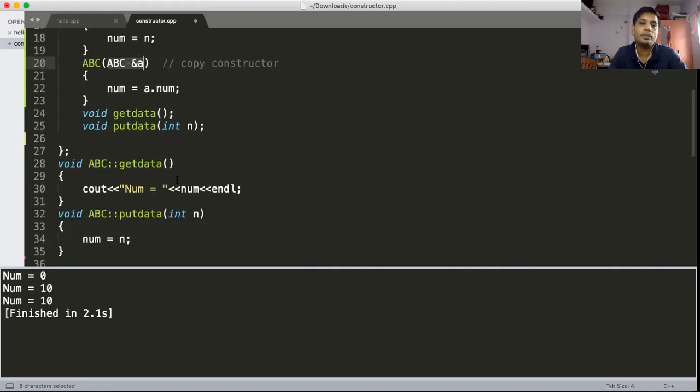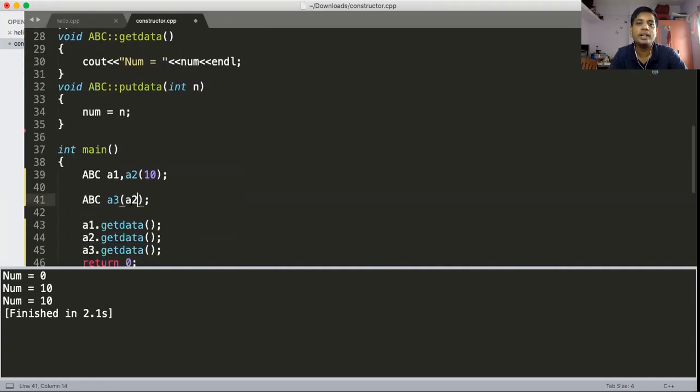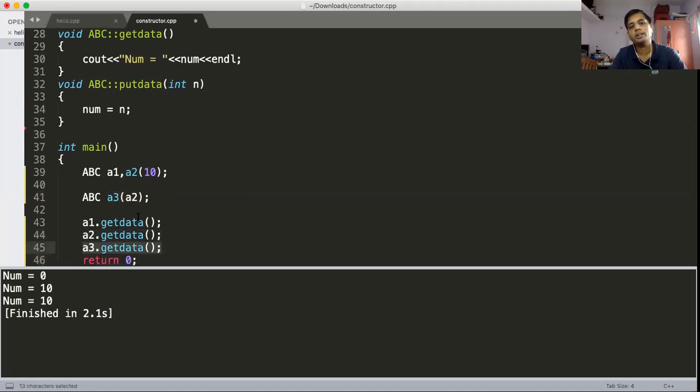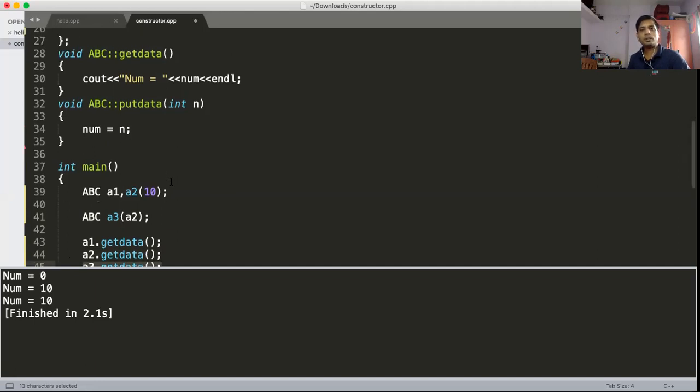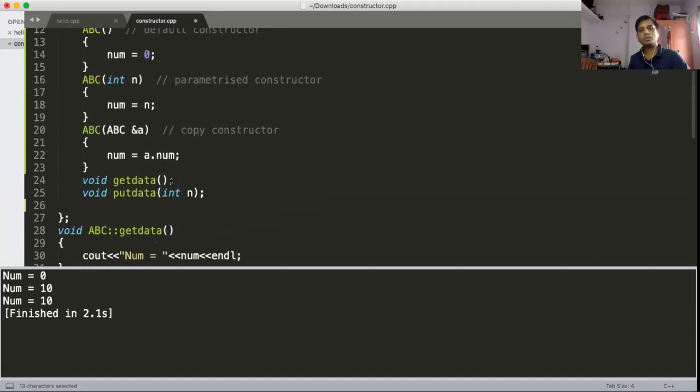So your copy gets created, A2's copy gets created. Now A2 and A3 are both the same. If A2.getData, 10 gets printed, A3.getData, 10 gets printed. Okay, so if one object is already present in your computer and you want to create a copy of it, you can do it using the copy constructor.